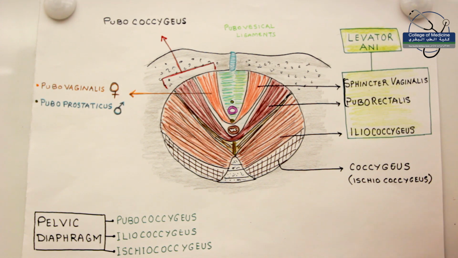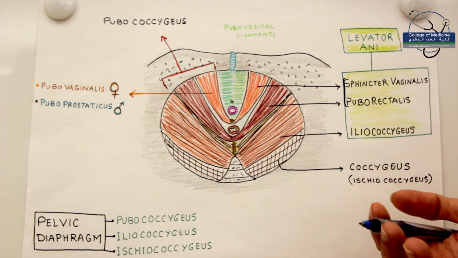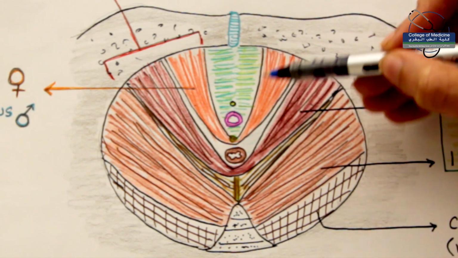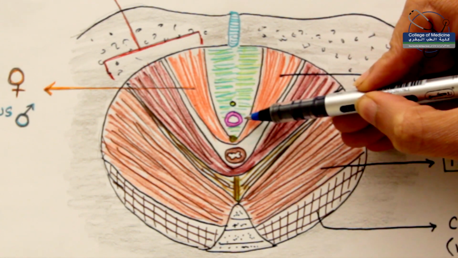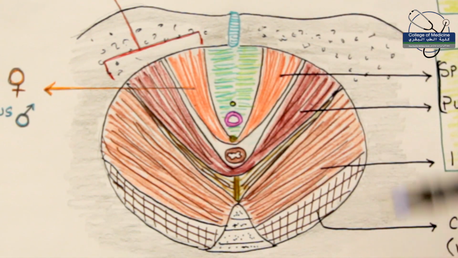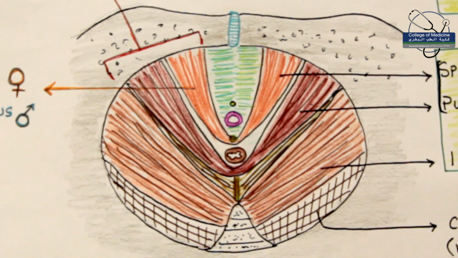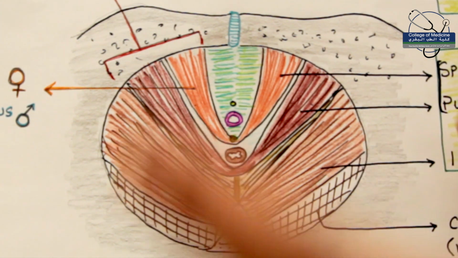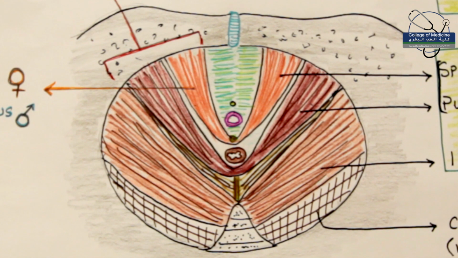sexes. But when we talk about the female pelvic diaphragm, as we can see in front of us, there is the urethral orifice, the vaginal orifice, and the anal orifice. So this is a female pelvic floor. For females, it is playing a very, very important role. Why? Because during parturition, the process of delivery, if there is a difficult delivery, there is a disproportion